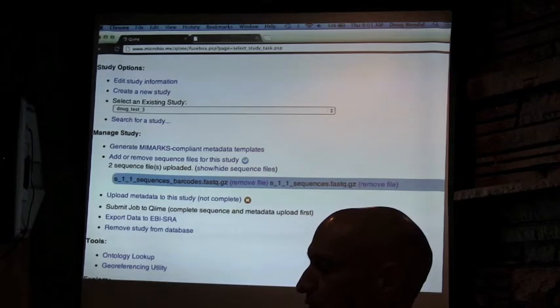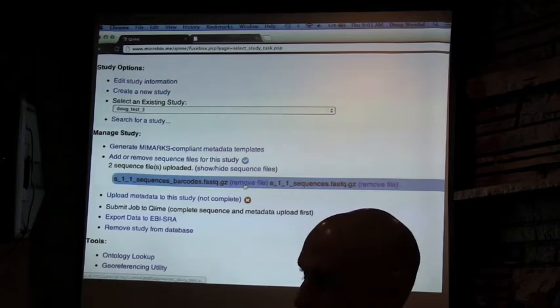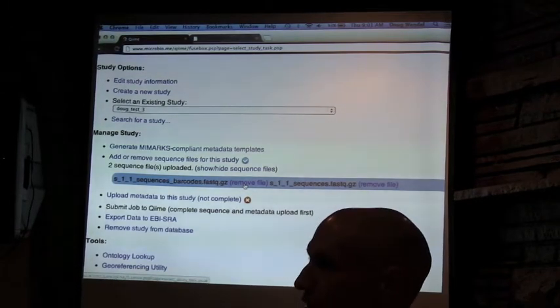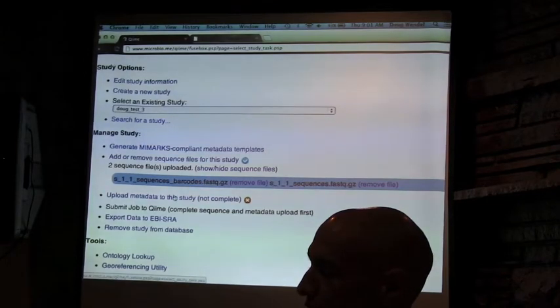And you can see what files you've uploaded to your study once they're up there. We have the barcodes file and we have a sequences file. We have the option of removing these from our study if we somehow uploaded the wrong things, then we can fix that. The next thing we're going to do is go ahead and upload the